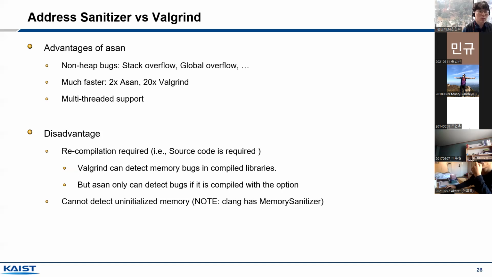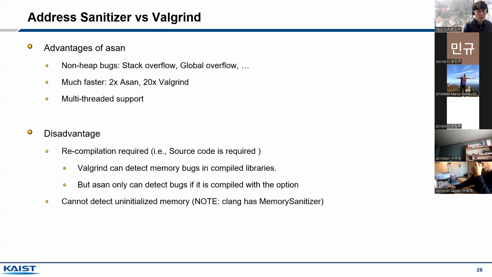So if you want to apply this tool to a very large program, for example a browser, it is possible that Valgrind is not a valid option. And another good one is that the address sanitizer supports multi-threaded programs. So if you have a large multi-threaded program, then the address sanitizer can help you to detect